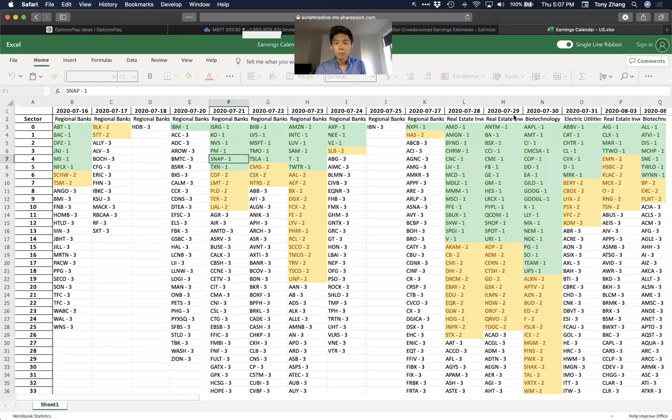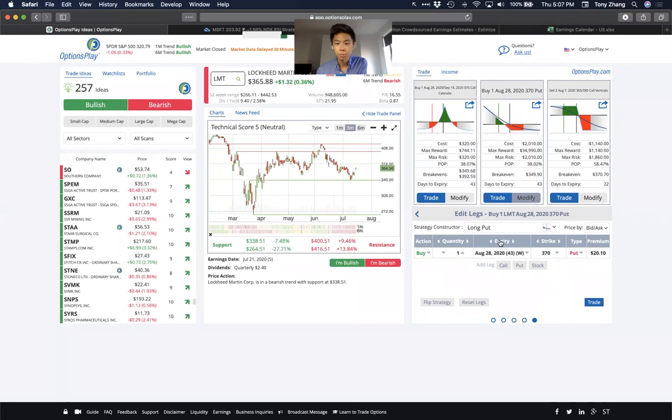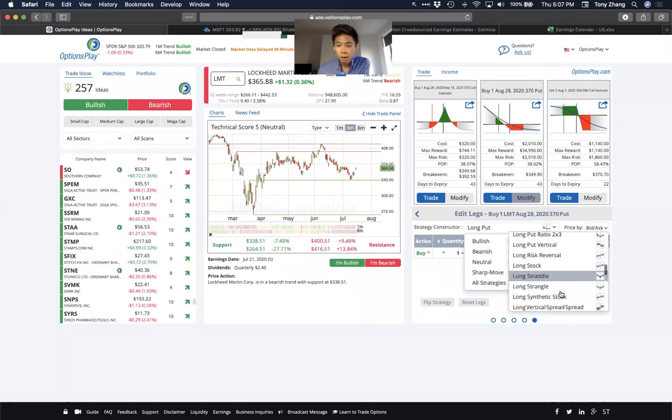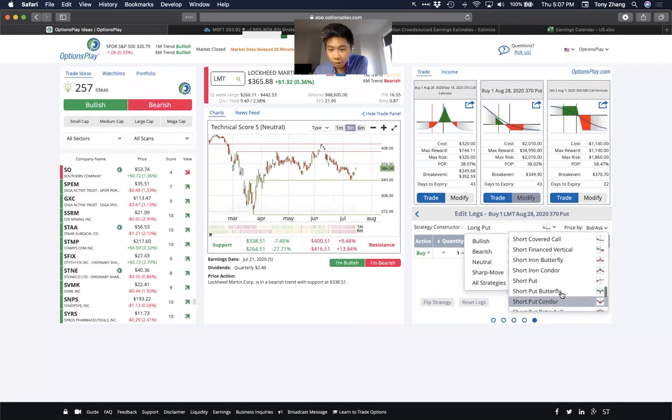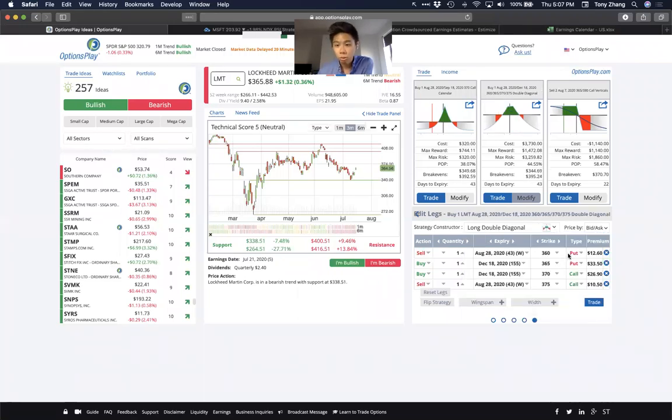Can you comment on double calendar trade near earnings? I don't know that I have a whole lot to add in terms of double calendars. A double calendar is really a put calendar and a call calendar both in one. I think we may have a double calendar. I may have taken it out just because we have a double diagonal. I think that's what you're referring to, where you're basically buying a call and a put